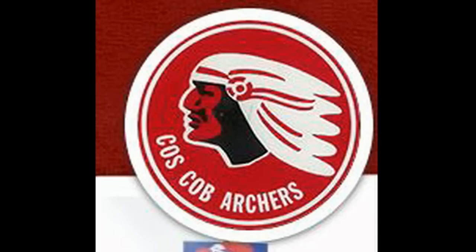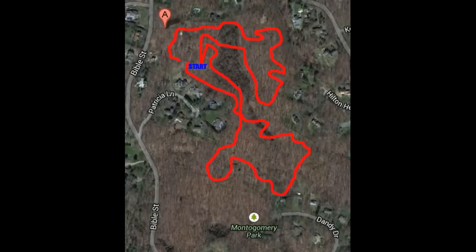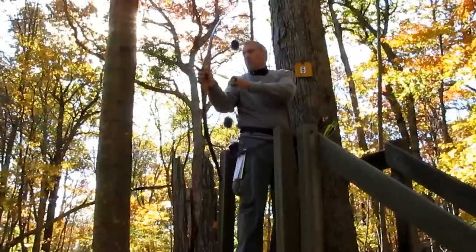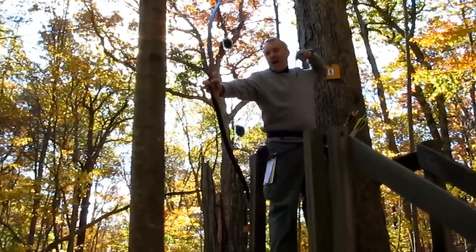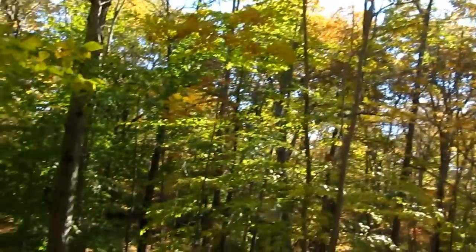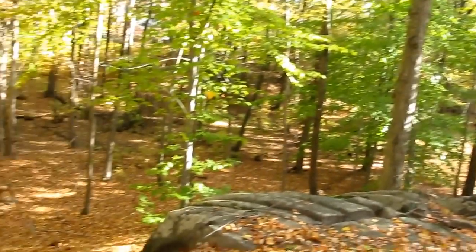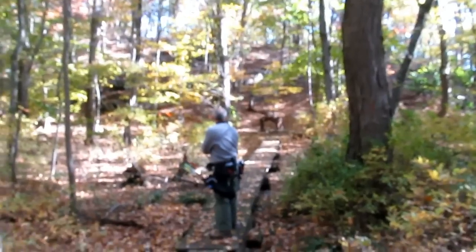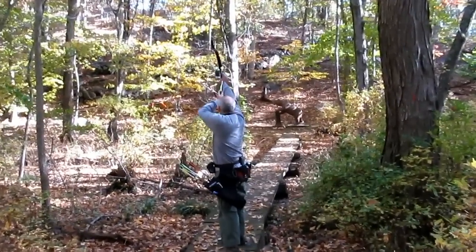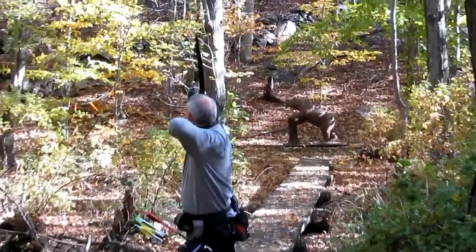Down to the final four, and in fourth place is the Coscob Archers in Coscob, Connecticut. Say that one 5 times fast. This 40-target course is broken down into two 20-target sections. They also feature a 28-target field archery course that is second to none. Hidden in the middle of a residential neighborhood, this course proves that great courses can happen in the unlikeliest of